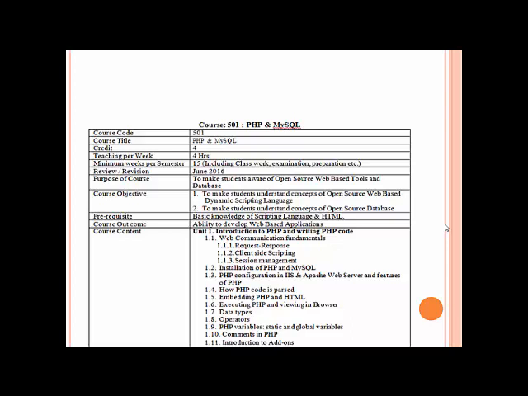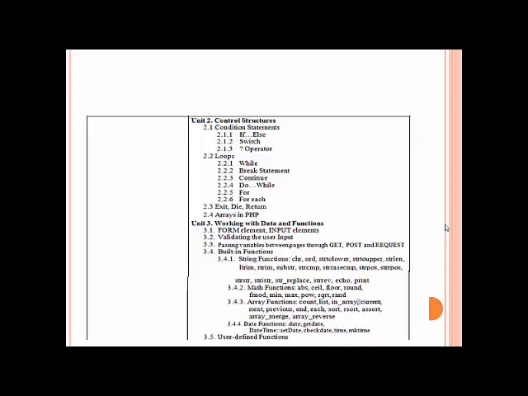Afterwards we also discuss the installation of PHP and MySQL, configuration, how PHP code is parsed, data types, operators, rules of variables, comments, etc. The next part of the unit contains conditional statements, control structures, then functions like exit, die, return and arrays in PHP.